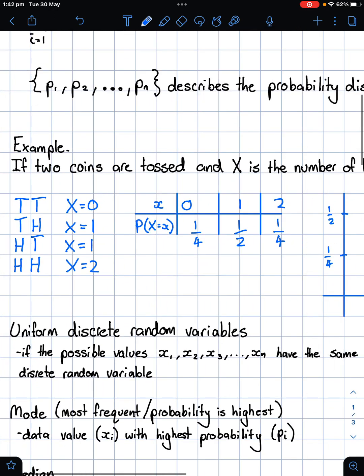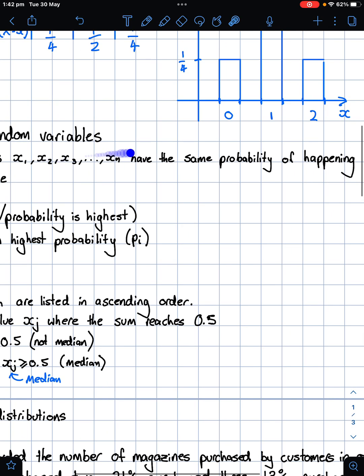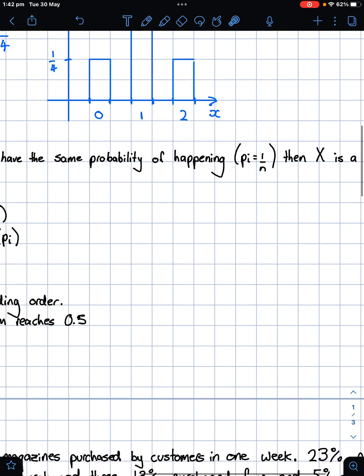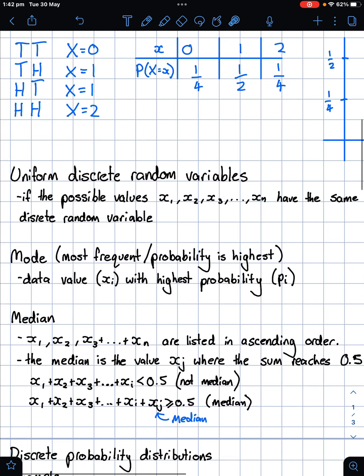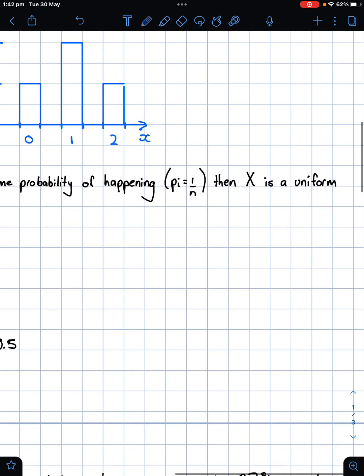Okay, so that's good. Now, next one here, uniform discrete random variables. If the possible values of x have the same possibility of happening, the probability is going to equal 1 over n. Then x is a uniform discrete random variable. So you should be able to think of some of these already, like flipping a coin once